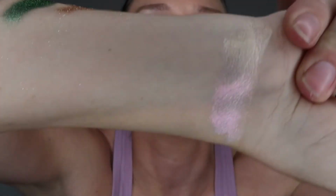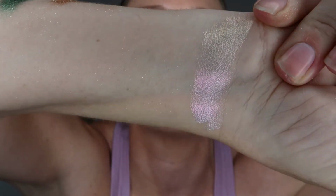I do actually have that on my inner corner, and this one shifts from like a gold to a peachy pink to a little bit of a green. So as we come in, you can see the pink. It's not wanting to show the gold. There you go, a little bit up at the top, you can see the gold. But that one is definitely more subdued than the other shades, obviously. And then the last one is going to be the shade Glimmer,